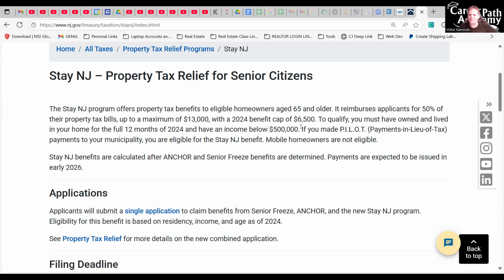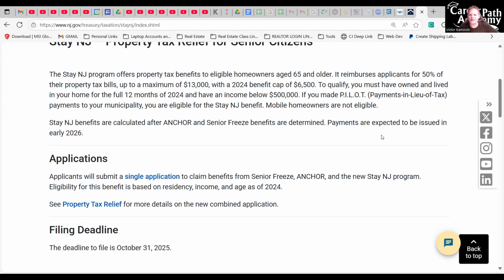They're putting all kinds of other limitations in there for the state. But I guess it's better than what they've been doing. So I guess any bit helps the senior. But this was originally supposed to be 100%, no tax for the senior. But our politicians ended up changing it to 50%. But as you can see, it's not really 50%. It's only 50% for those paying taxes up to $13,000 with a tax reimbursement maximum of $6,500. Let's see, but you have to live in your home for at least a year and have income below $500,000.